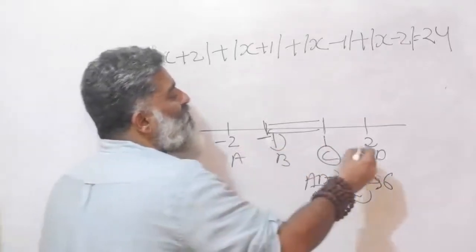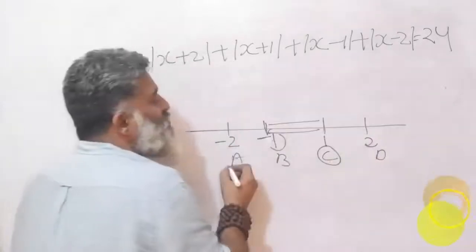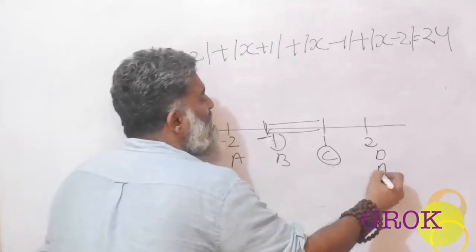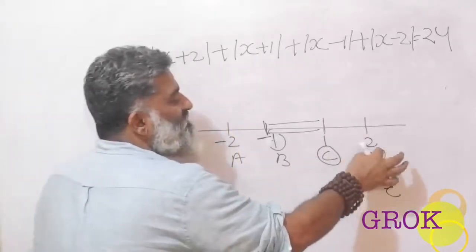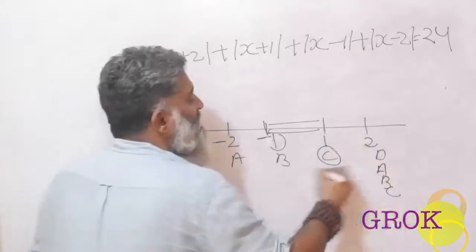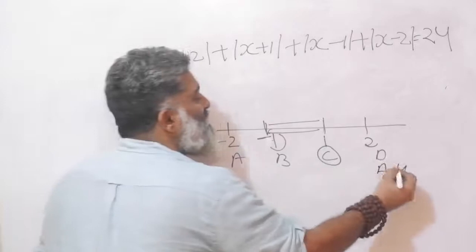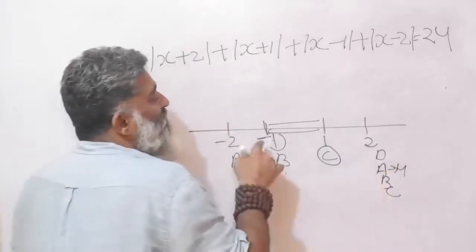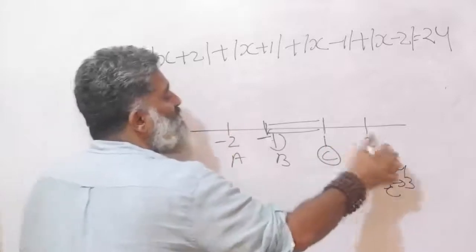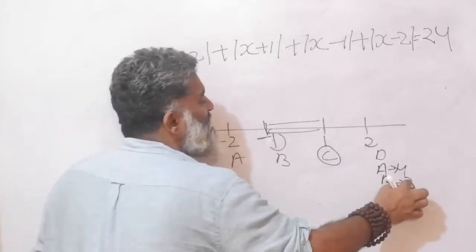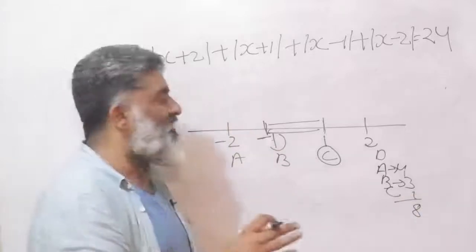Now you can figure out, okay, what happens if all of them end up at D? So everybody is coming here. A is here, B is here, C is here, D is here. D is here, his distance is going to be 0. If A is here, the total distance covered already is 4 units, right? Minus 2 to 2 is 4 units. B from minus 1 to 2 is 3 units. C from 1 to 2 is 1 unit. So 4 plus 3, 7 plus 1, 8 units have been covered already.